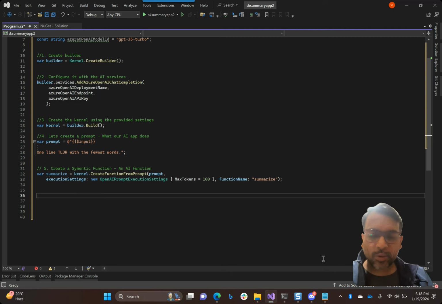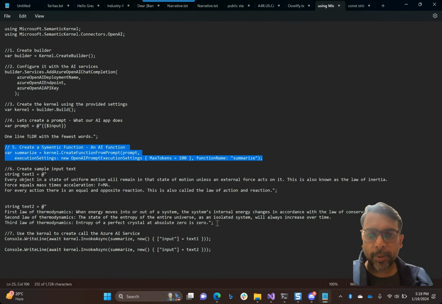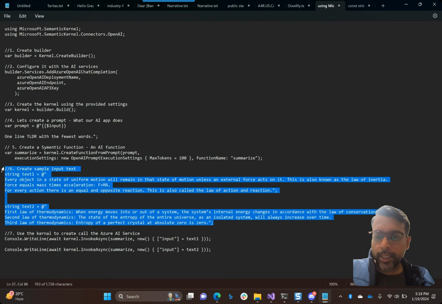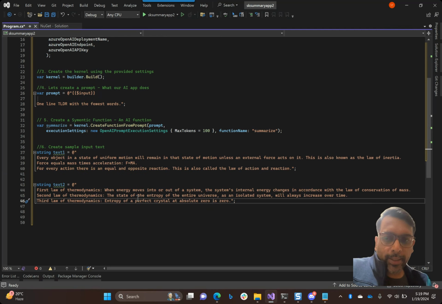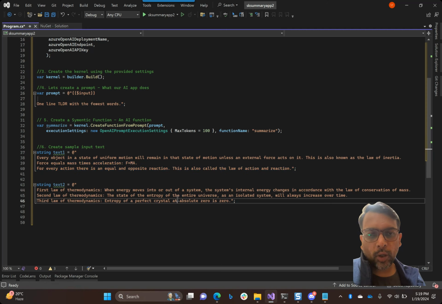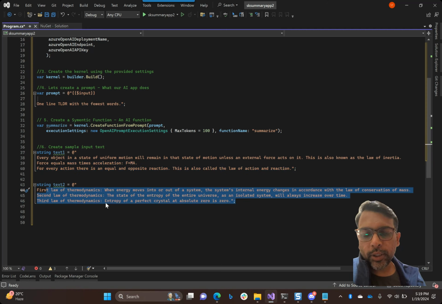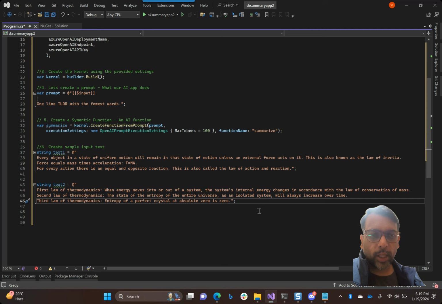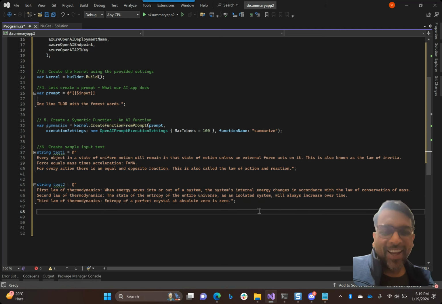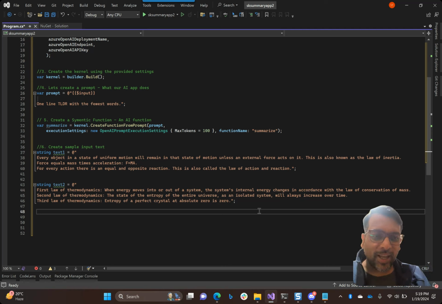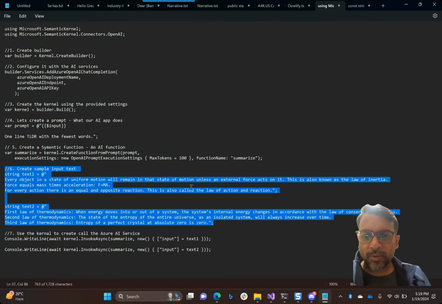Now the sixth step is to just go ahead. We are almost there. The sixth step is to just go ahead and copy some sample data. So what I have done here is I have created these two sample texts over here. One is Newton's laws, and the other one is 3 laws of thermodynamics, which you will see is more than one line, and it's quite complex text to understand. So we will use this text, and then as the last step, what we will do is we will go